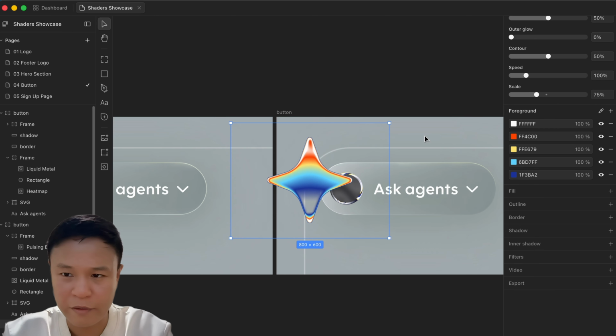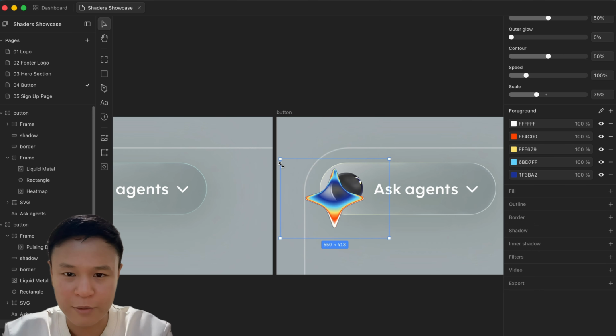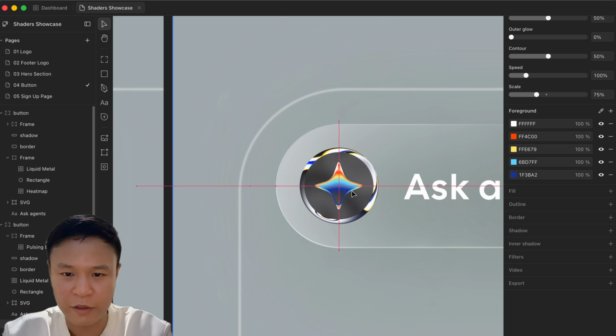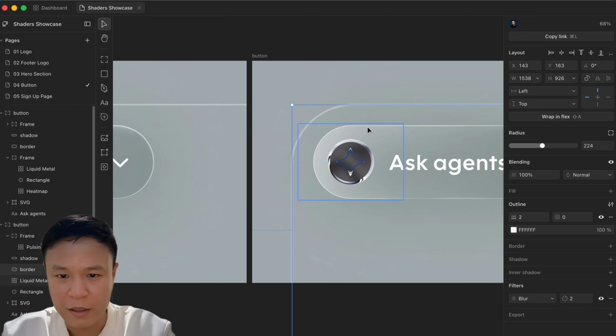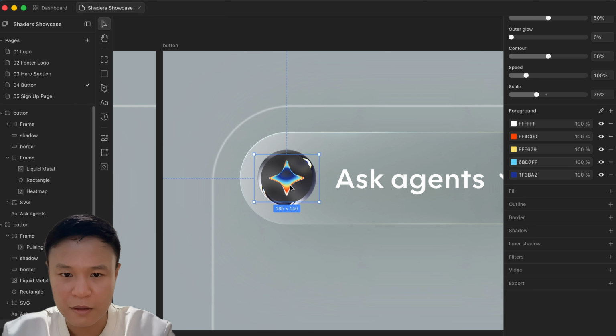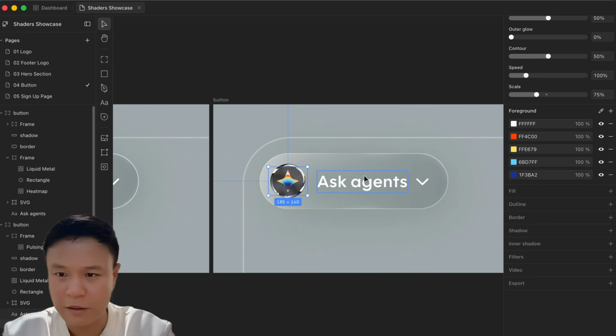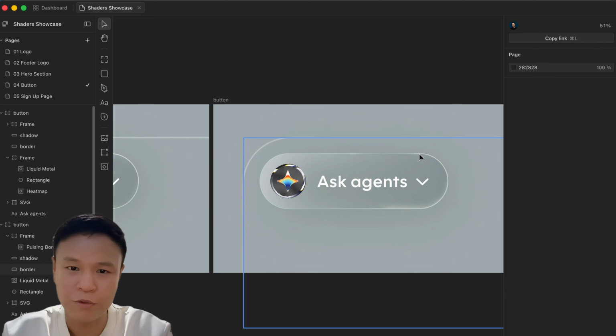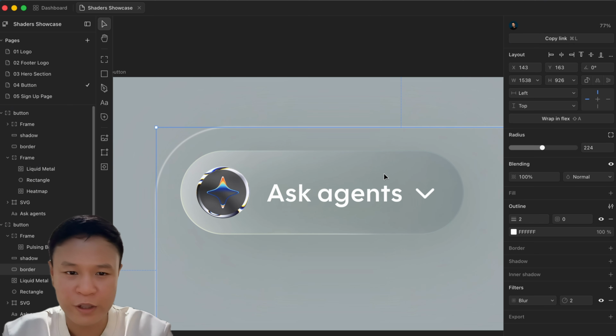Okay, I want to have a little bit of the white color here, that's why I added this. And resize this. Make sure this is on top of the image. And that looks like it. So again, I can adjust the contour here, make it a little bit more reactive with the edges if I wanted to. One thing I would like to quickly show you here as well is